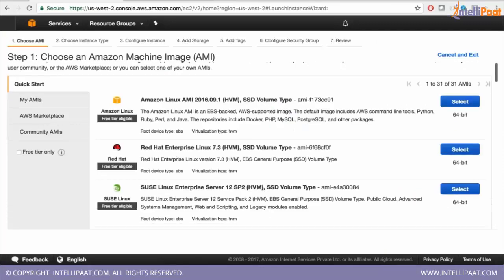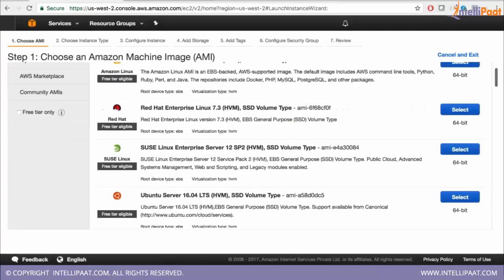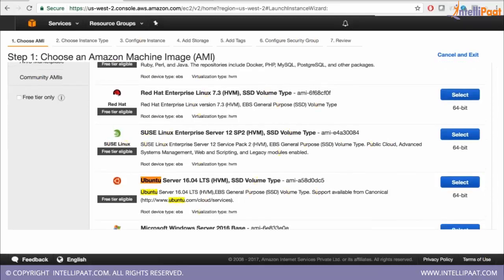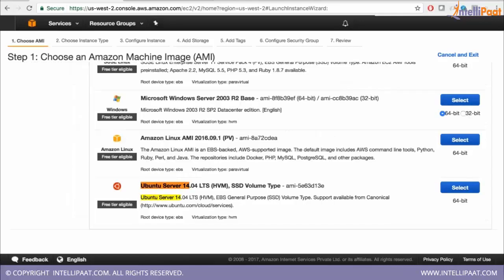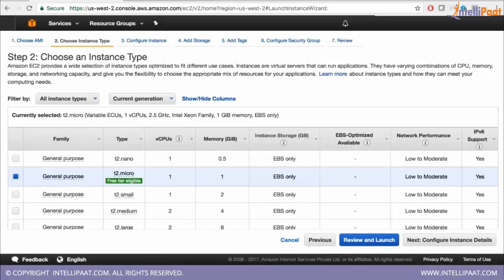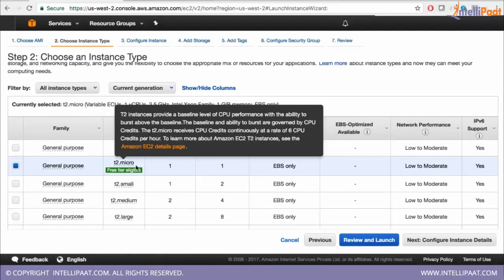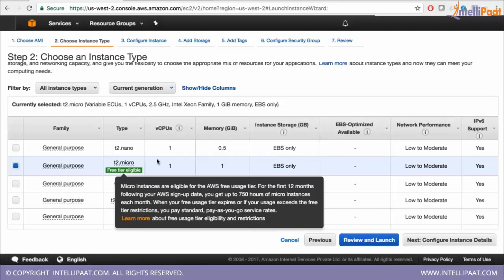It will ask which operating system you want to launch. I am going to take Ubuntu Server 14.04. This is the machine I am going to select. So you can select this machine, say select. By default it uses t2.micro, and that is free for you.